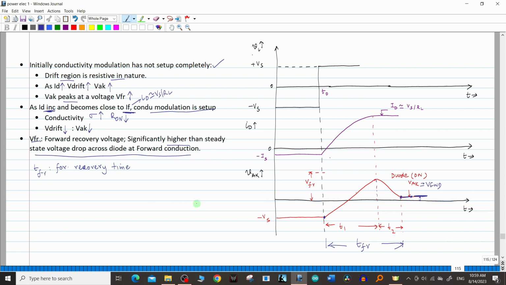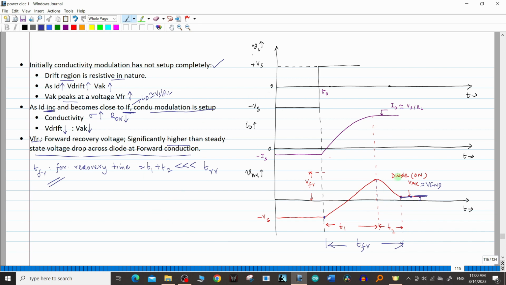Usually this forward recovery time is equal to T1 plus T2. This time is much less than TRR, the reverse recovery time. So usually less significance is given to this in circuits, but still it is a very important concept to